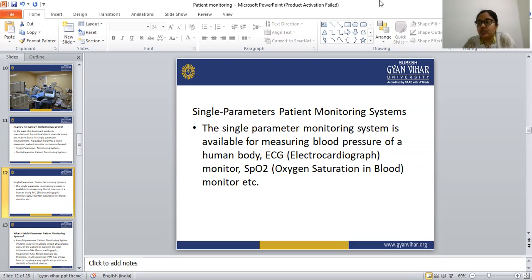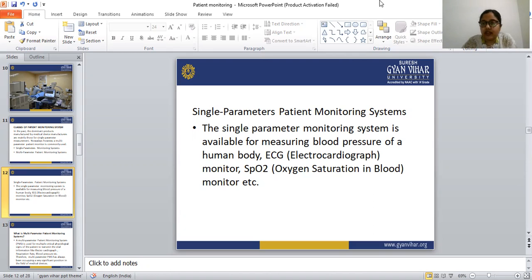And the computerized patient monitoring system also acts as a database for nursing studies, thereby helping in improved research for the future. So this computerized patient monitoring system is useful for the nursing study, because it can store all the information in databases, and that is useful for nursing studies, and it can improve the research for the future.